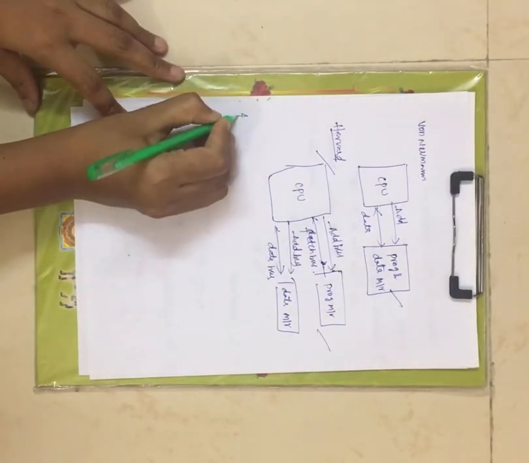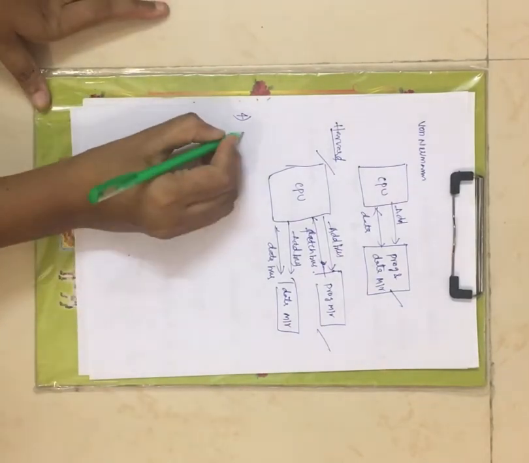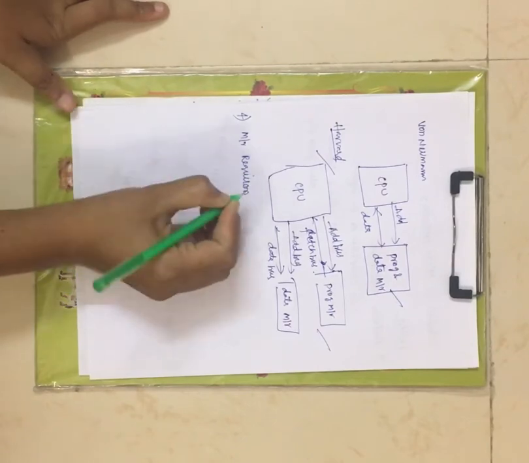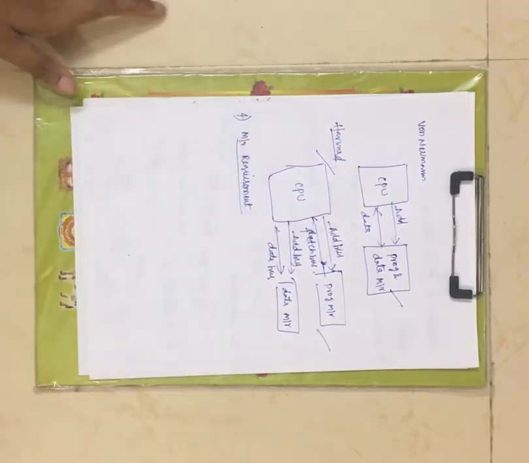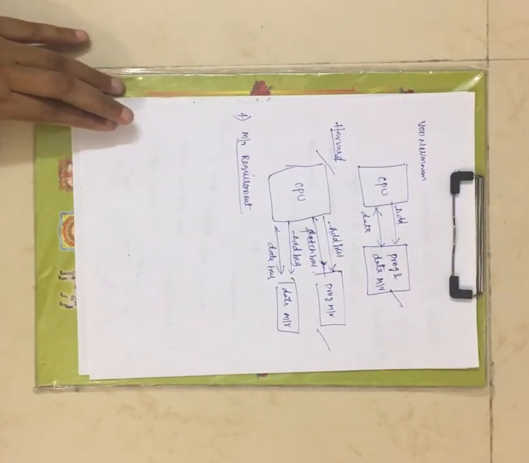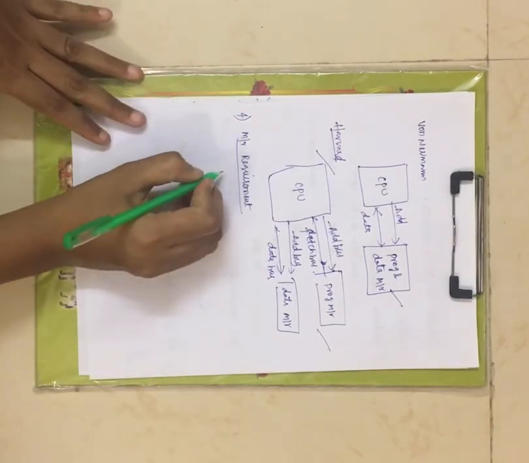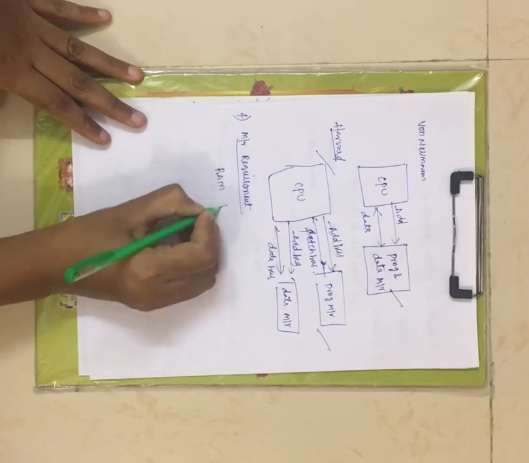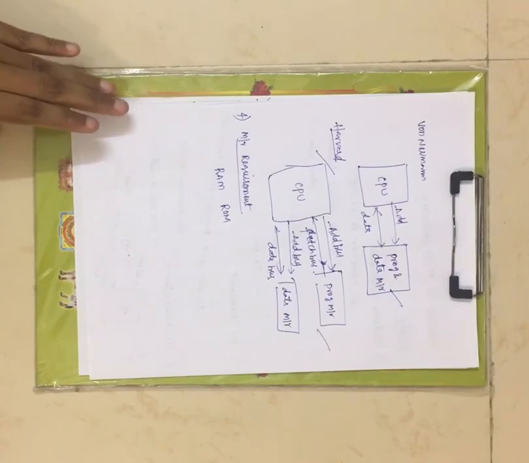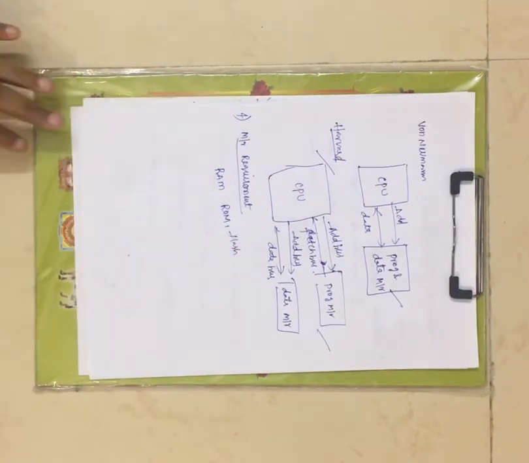Now coming to the fourth factor. We have seen three factors. Coming to the fourth factor, it is your memory requirement. While selecting a microcontroller, you should look out for the memory associated with the microcontroller. Basically you have RAM memory and ROM memory, nothing but program memory or data memory, we can say. Now some microcontrollers will provide flash memory also.